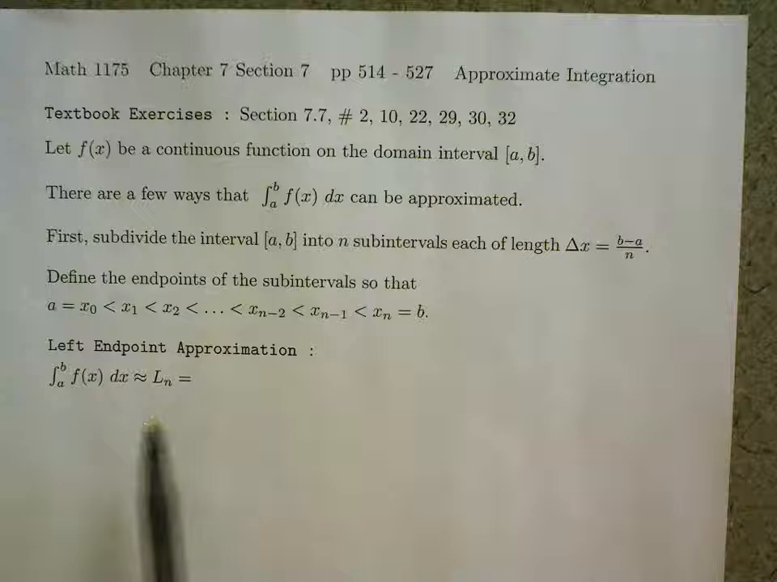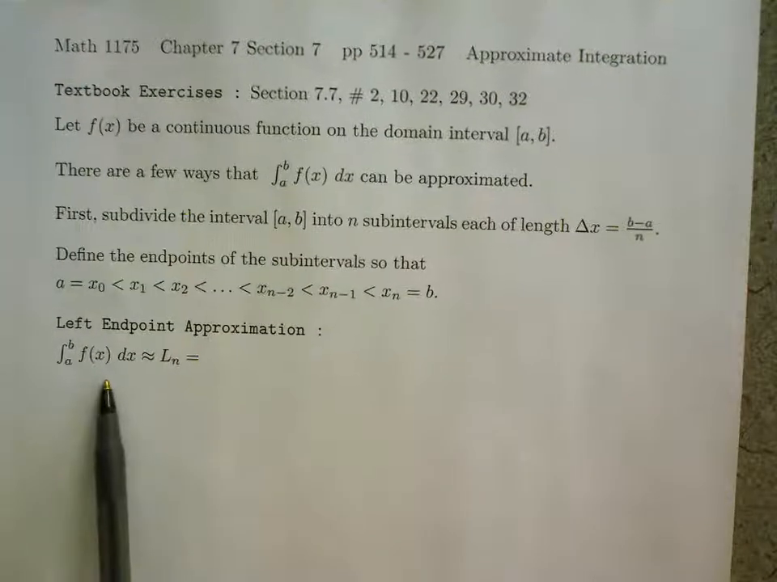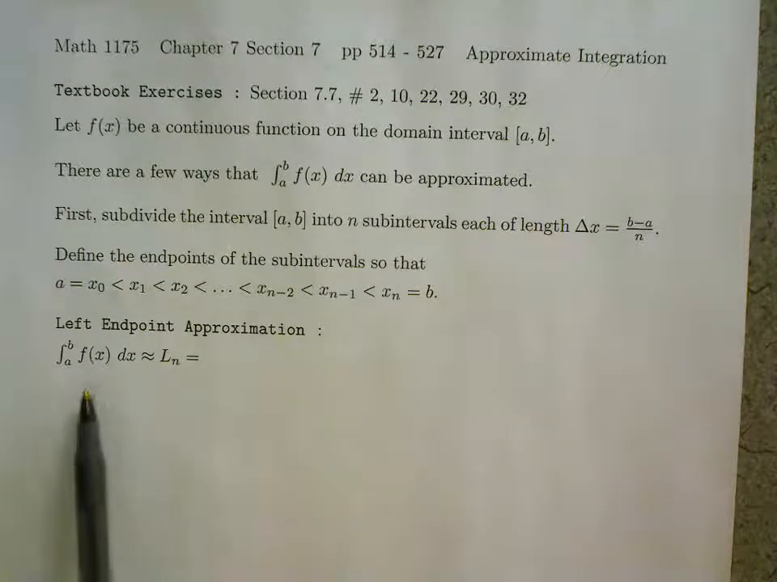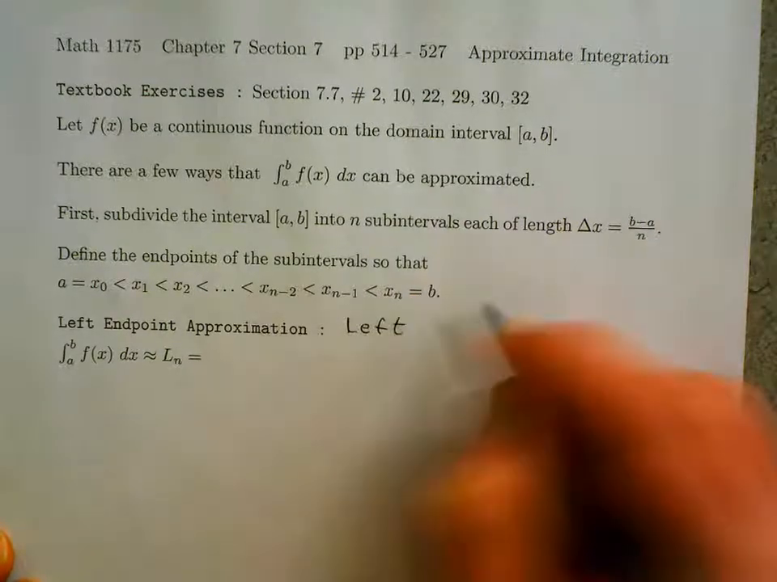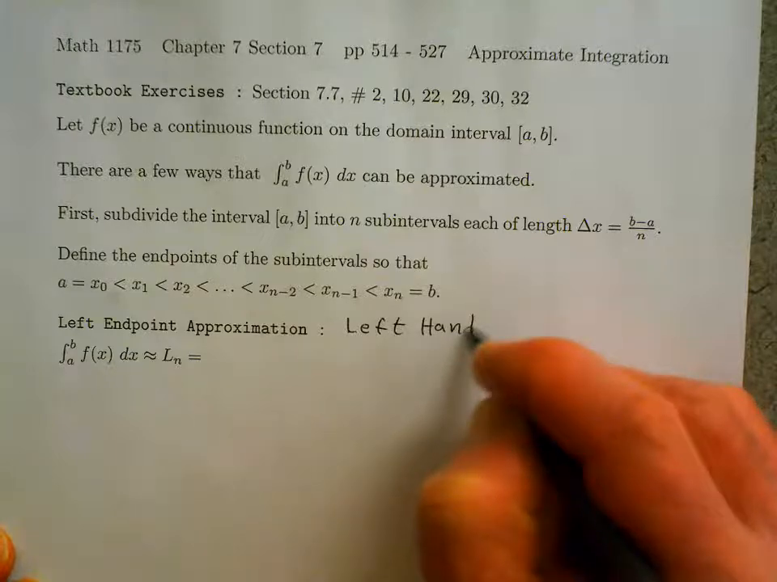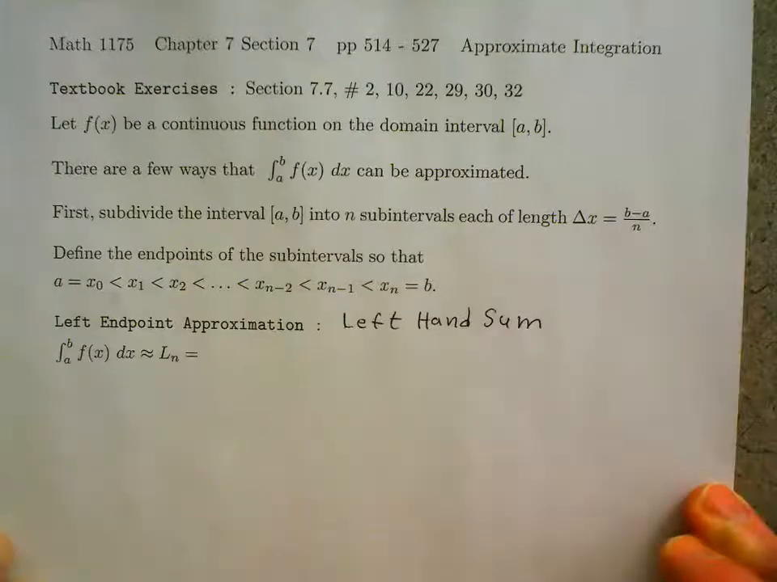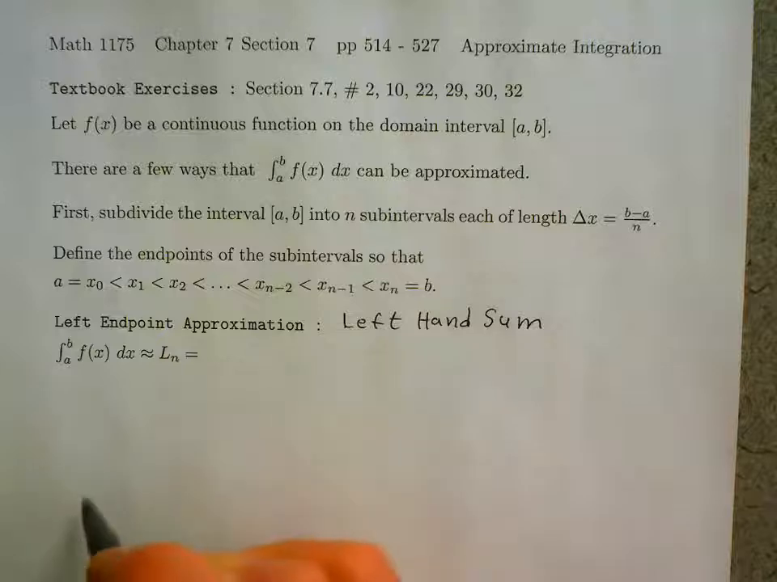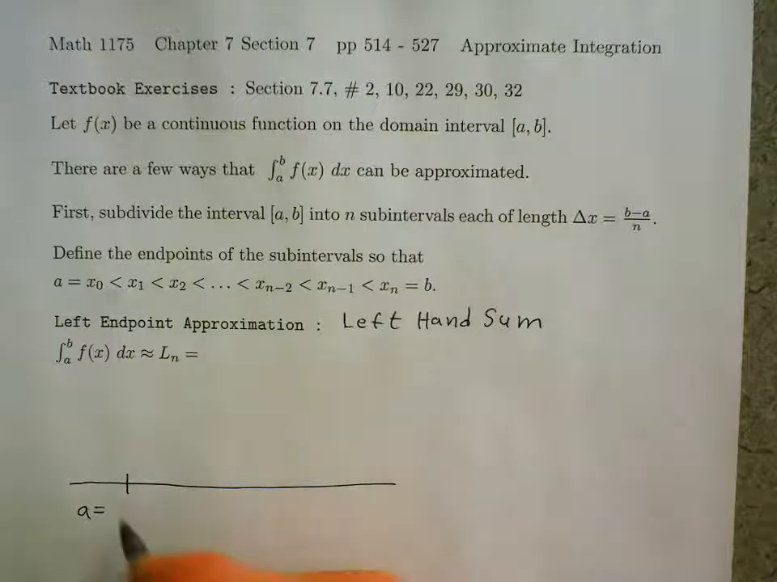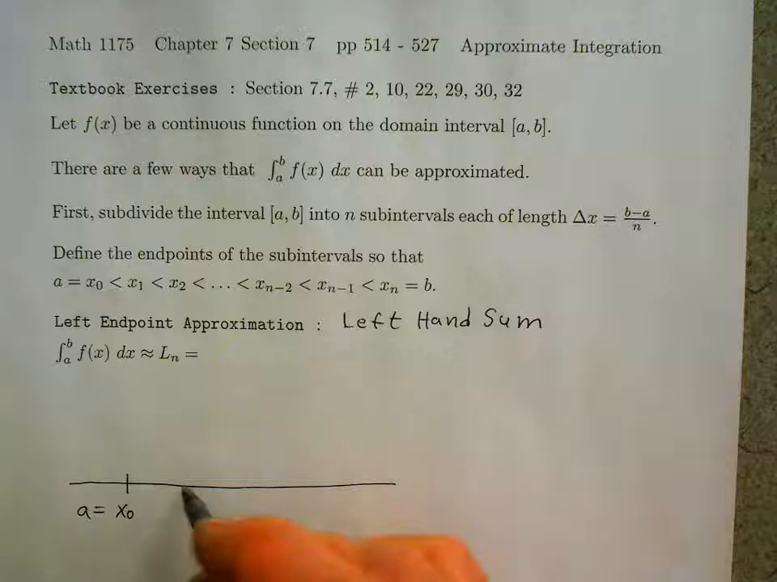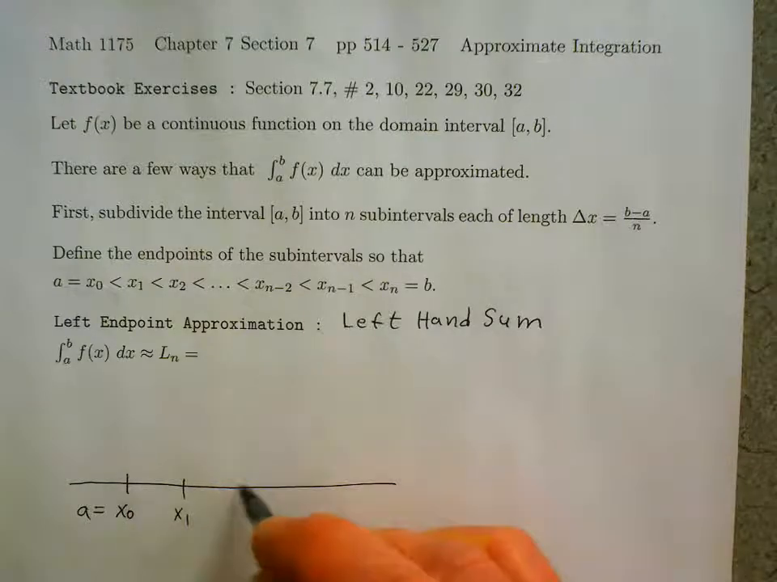In Calculus 1, you learned how to approximate a definite integral using the left endpoint approximation. It's also referred to as the left-hand sum. Okay, so you might remember, if you subdivide an interval from a to b into n subintervals of equal length,